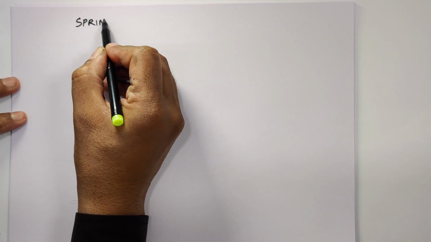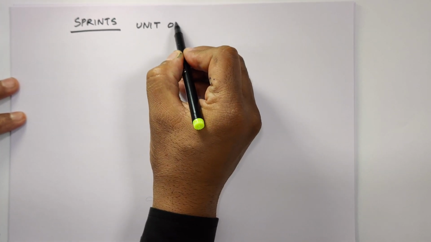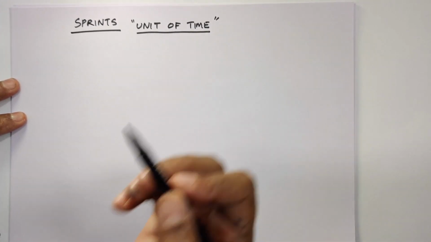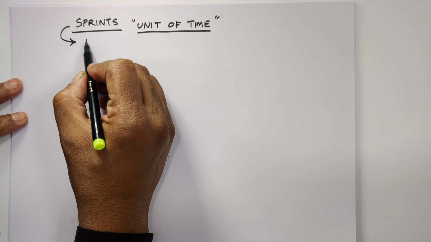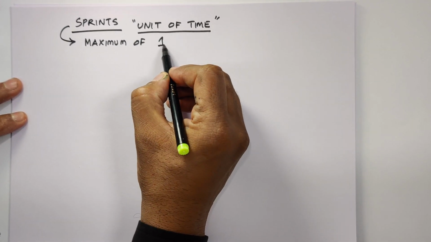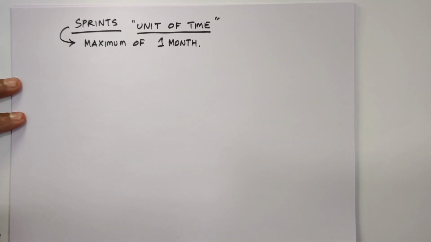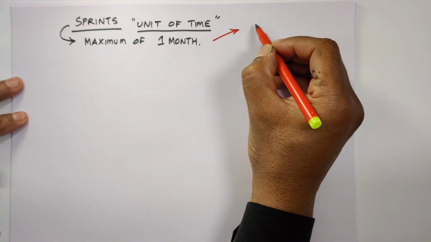The sprint. So in Scrum, we have sprints. Sprints are nothing but a unit of time. Now this unit of time is typically the sprint length, or a sprint is nothing but a maximum of 1 month. As a maximum of 1 month, this reduces the risk,